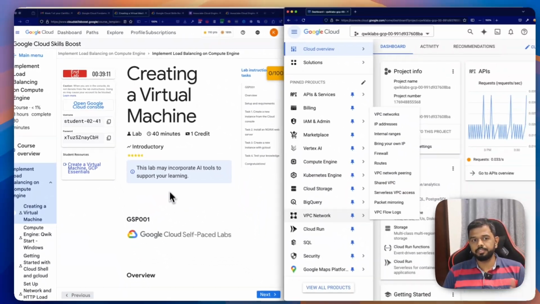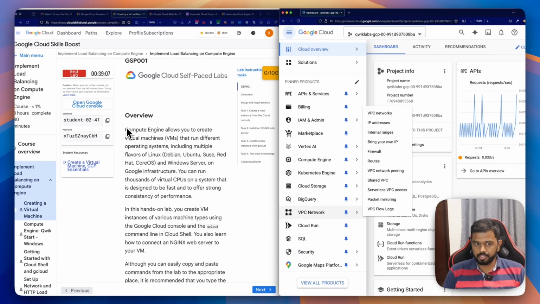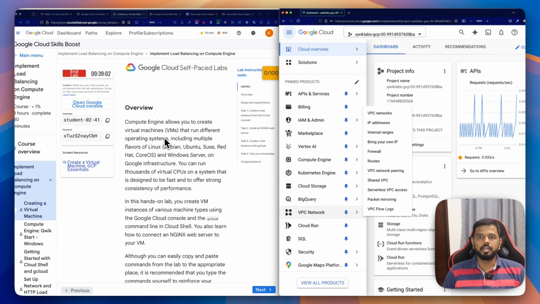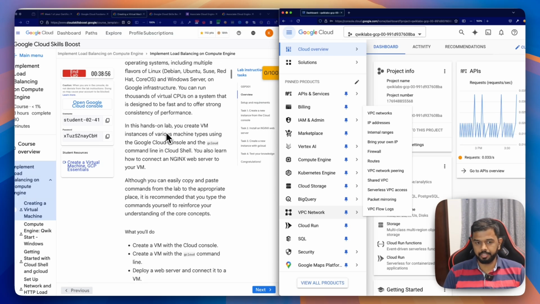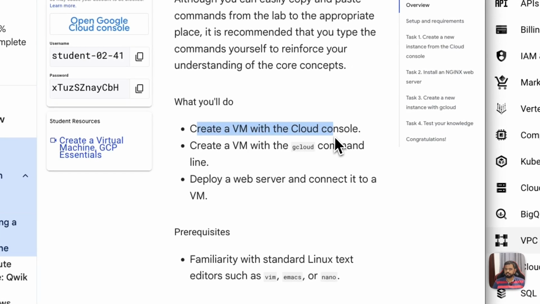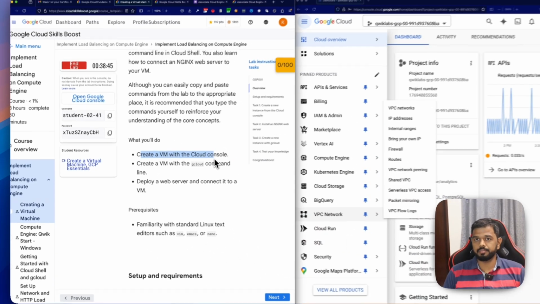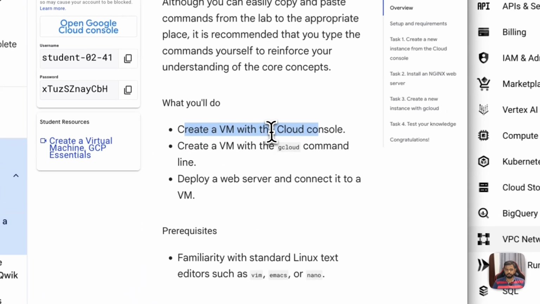The lab itself is about creating a virtual machine. If you are new to what a virtual machine is, it's more equivalent to the servers in on-premise setups, where you would have a physical server. We would be trying to launch similar things in the cloud, and in GCP they call it a virtual machine. So as part of this, we are going to create a VM in the Cloud Console. It's not an automation job. They are expecting us to do it via the console,